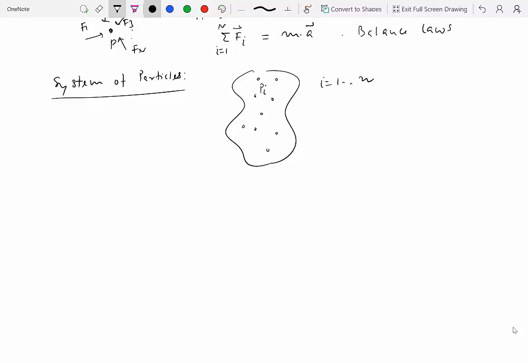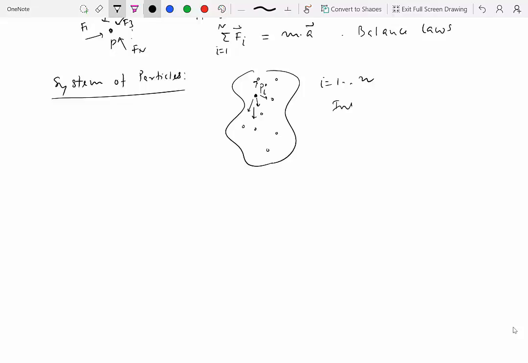So let's say we have a system of particles where we have all these n particles, and we want to understand how we can apply Newton's second law to the system. So let's just focus on one of the particles over here, okay? So Pi is the focus of our particle. Let's say that Pi is interacting with all the particles in its vicinity, and they are all applying some sort of internal force on Pi, okay? So on particle Pi, we have internal forces.